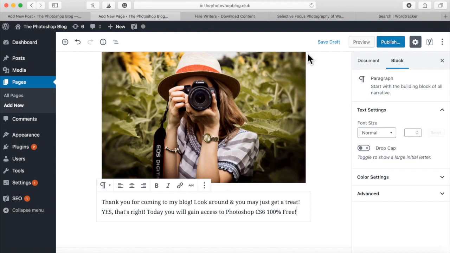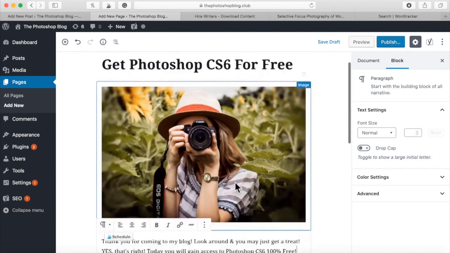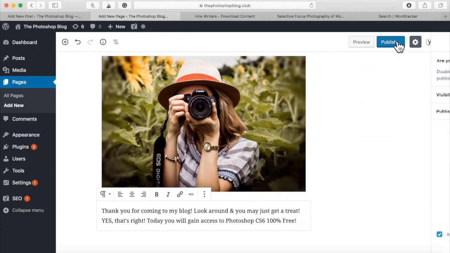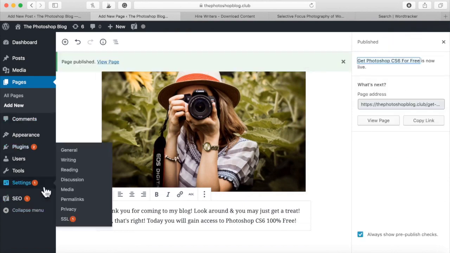You could just leave it how it is, and just as soon as people come to the blog, they could see multiple posts instead of this welcome page right here. This is just like a little welcome page you're about to see. You don't have to do this if you don't want to. This is completely optional. I just like to do it because I think it makes it look better. Let me go back to reading